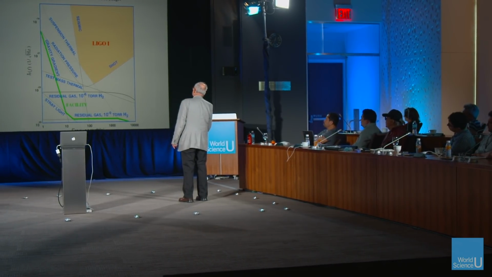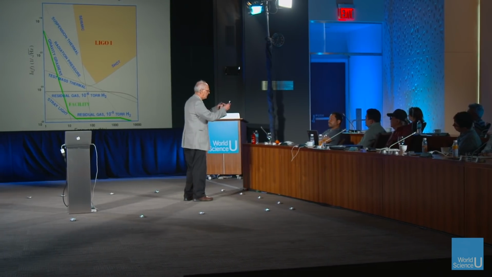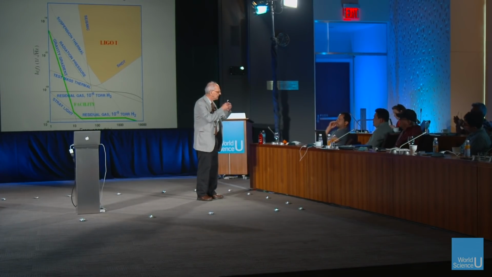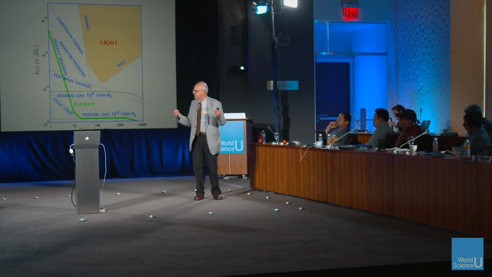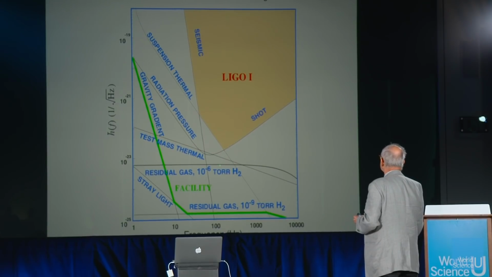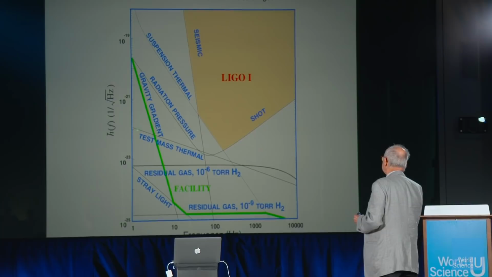Then there is the fact that everything is at room temperature. And even though the mirror is beautifully hanging and suspended, at 300 degrees there are excitations in the thing that are called thermal excitations, just like people see under a microscope, a thing called Brownian motion. And the mirrors do that too, and so here is the noise from that. Those are the big terms, and that's the thermal noise.